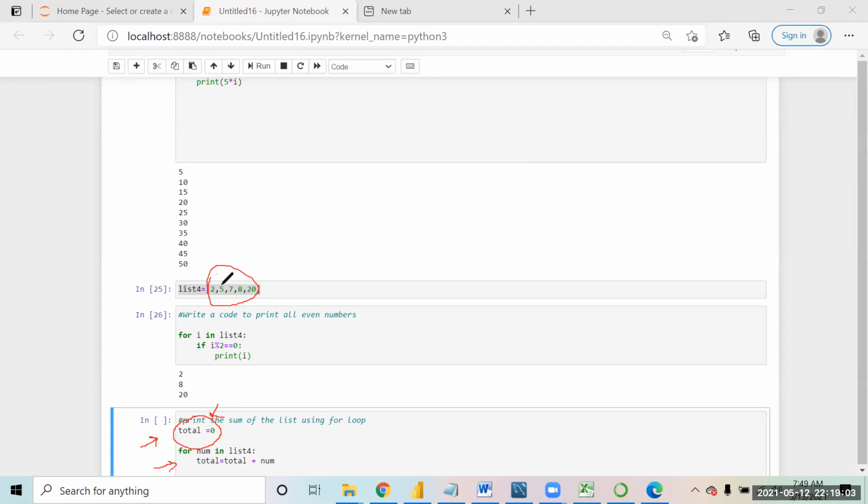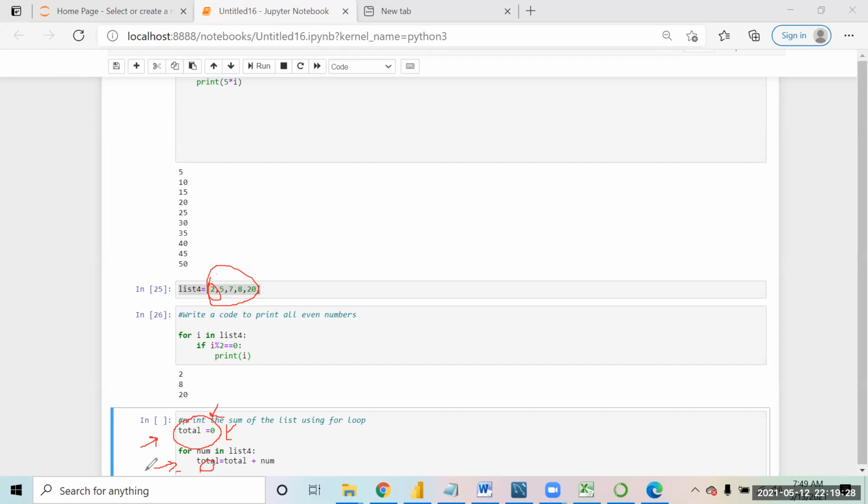How many times is the loop going to run? 1, 2, 3, 4, 5. Five times. The first time the loop runs, the value of num will be 2. Then total equals total plus num. Total was 0, so 0 plus 2, and the value of total becomes 2.